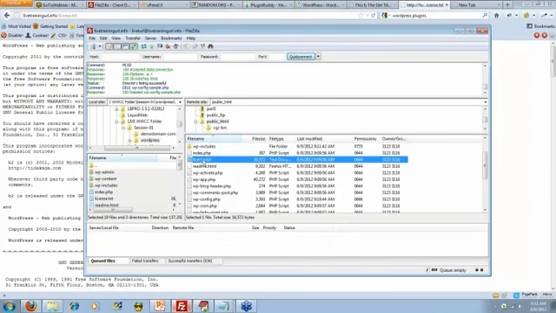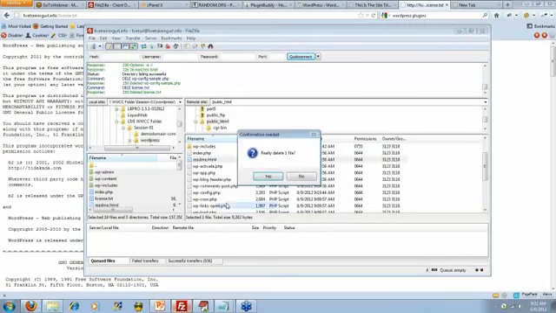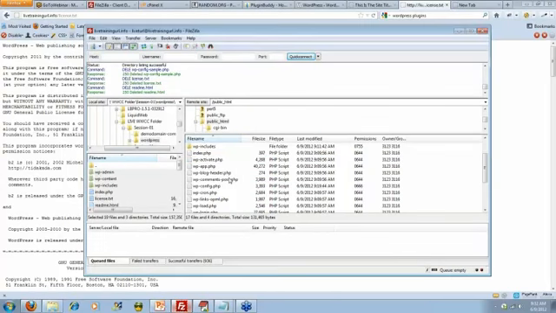You can left click on this one, right click, delete, say yes, and then the same thing. Left click on the readme, right click, choose delete. Again, just go slow and make sure that you're deleting the right things. Those two files can go as well. And then also